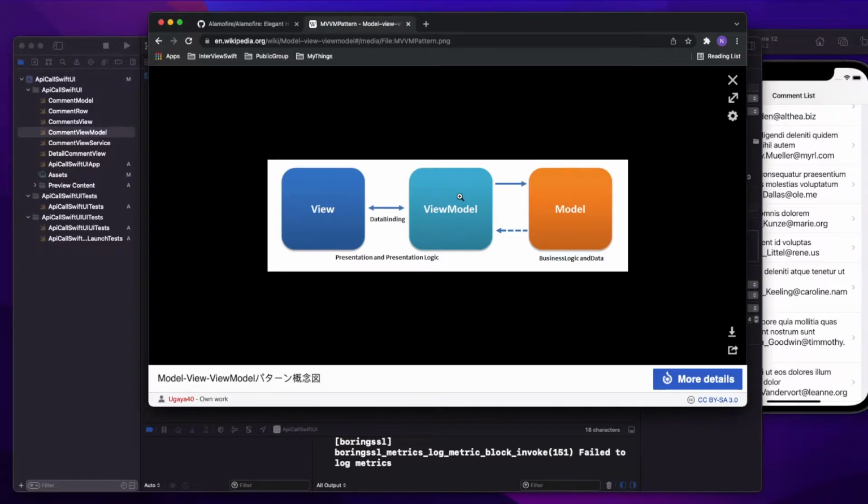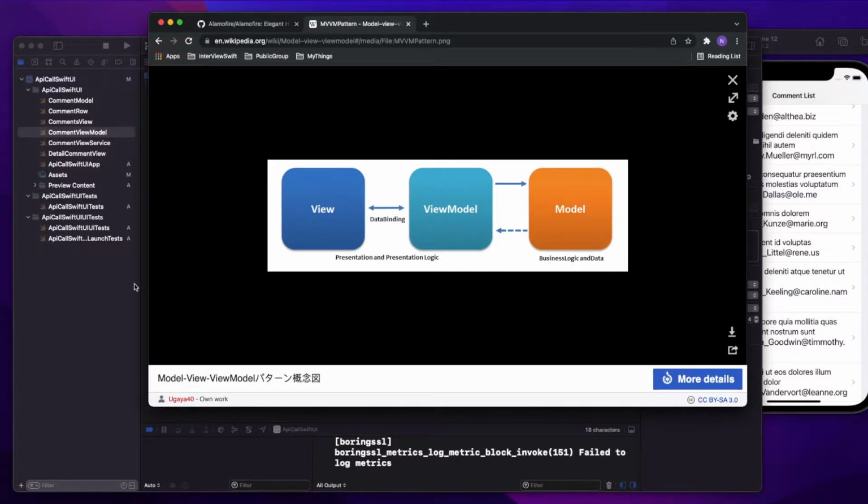A few things you need to take care of in the view model: the view model should never import anything related to your view. That means it should never import a SwiftUI component. It should never have a SwiftUI button component or any other component, and the same thing goes for UIKit. Okay.